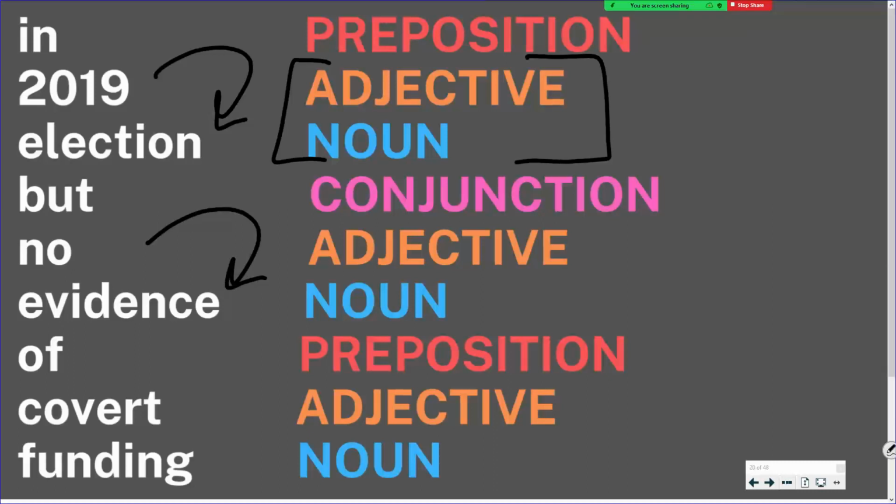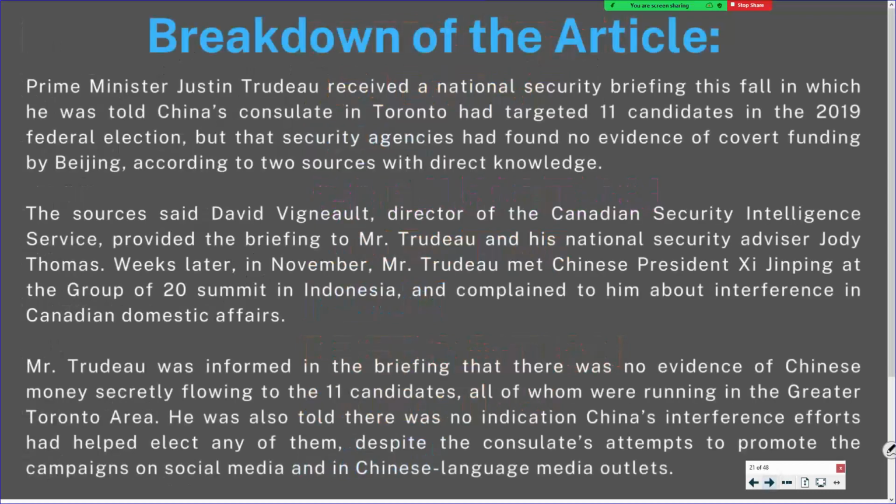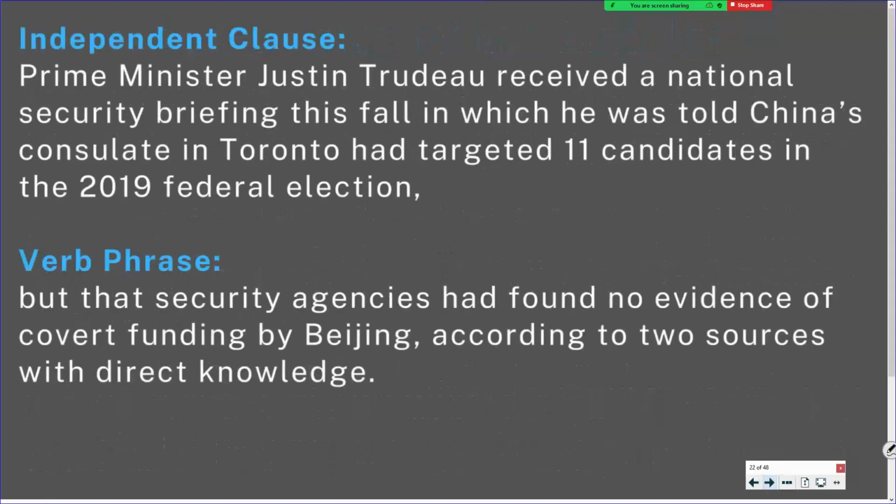So what that means is that, according to this report, the Chinese are trying to influence who got elected, but there's no evidence that they actually gave money to candidates, which would be a huge story. If we had evidence that the Chinese were actually giving candidates money, that'd be a huge story in Canada. So they may be trying to meddle with the election, and they're probably trying to find people that are sympathetic to the Chinese government and won't give them a hard time. There's the article. We'll have a brief look at it.